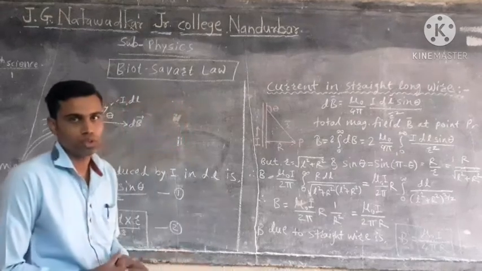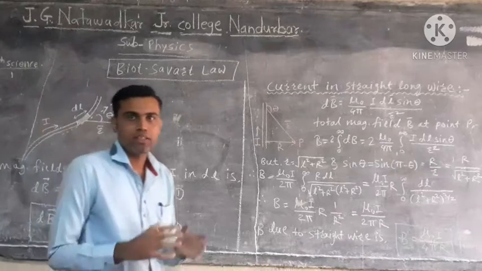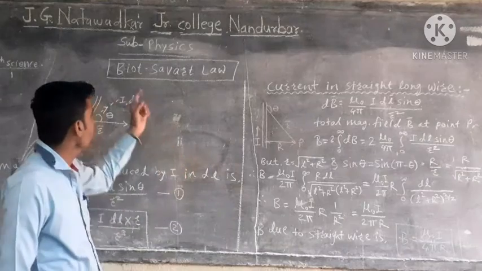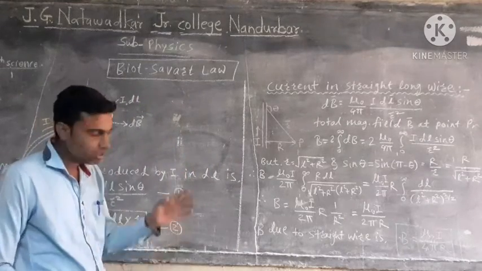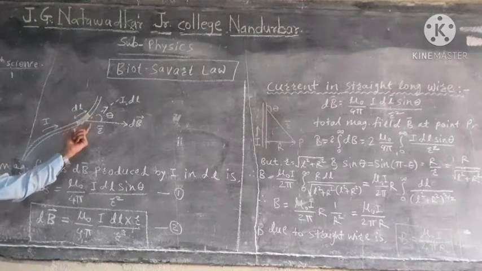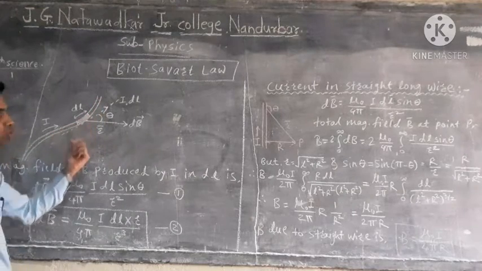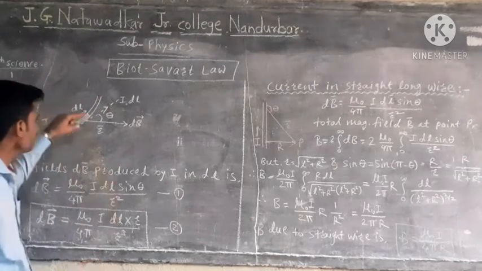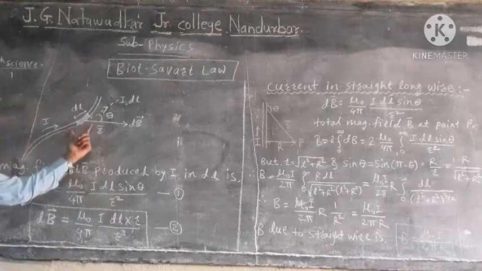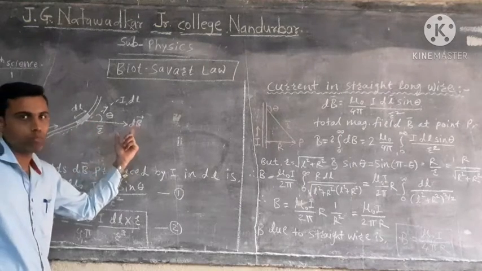When we study different types of wires and an infinitesimal length of a wire, we have to calculate the magnetic field. The same thing happens in the case of Biot-Savart law. Here we consider an infinitesimal length of a wire; dl is a part of that wire. For this length element dl, we calculate the magnetic field associated with that point.